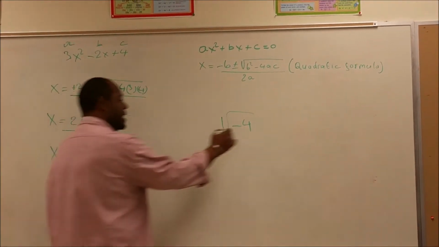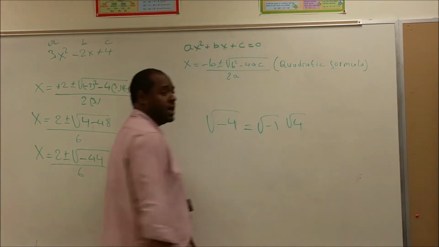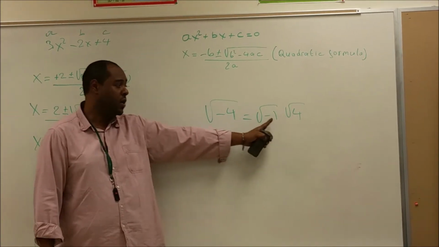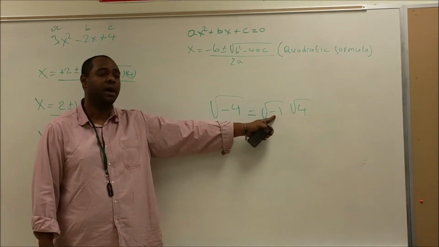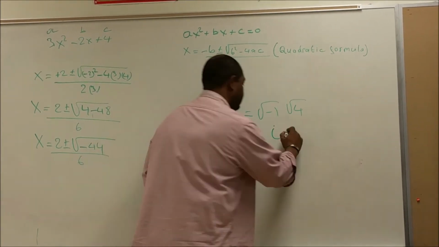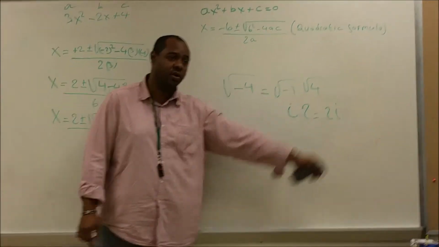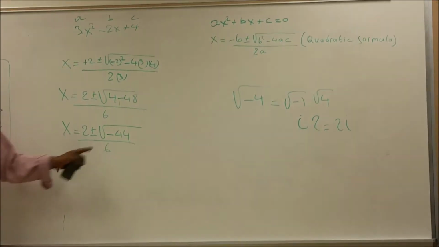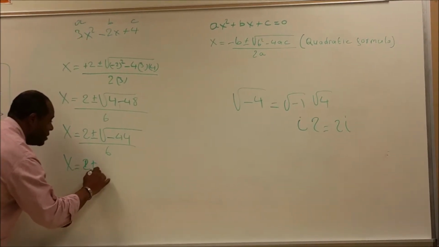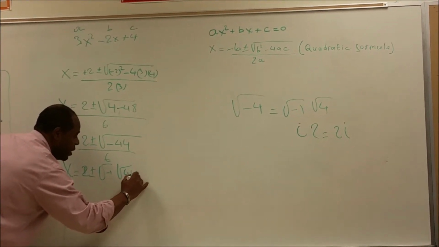So this can be written as square root of negative 1 times square root of 4. You got this? I'm splitting it. Square root of negative 1 times square root of 4. And what is square root of negative 1? i. And what is the square root of 4? 2. So this will be equal to 2i. Alright? I like to put my constant before the variable i. So it's the same thing I would do here. So let's split this. This will be x is equal to 2 plus or minus square root of negative 1 times square root of 44 over